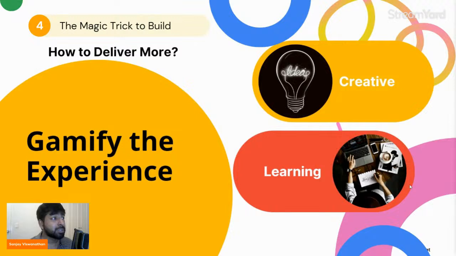And even after GSOC is over, you can scale up your skills in other programs, like being a head of Google Developer Group or being a head of GSOC or Girl Script. The possibilities are limitless, and I will be able to help you in this particular journey. So what am I going to do? The thing is how to deliver more. The only way you can reach more people is to understand what exactly you're doing.